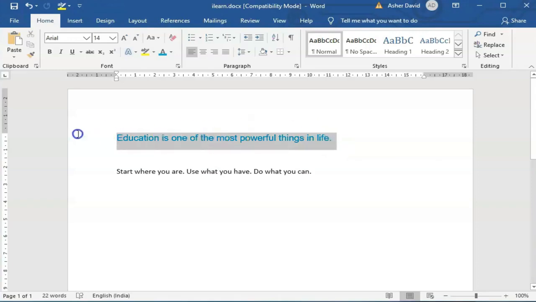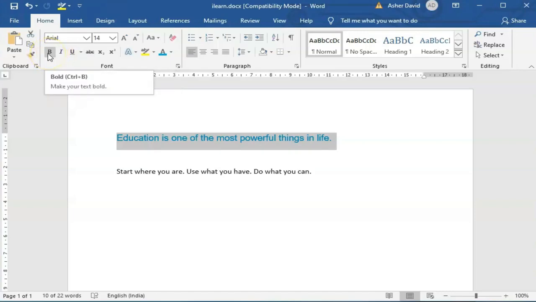Like here, I will be selecting this. Now again you have to click on the Home tab. It's already clicked. The options present over here are bold, italics and underline. So I'm going to tell you one by one.